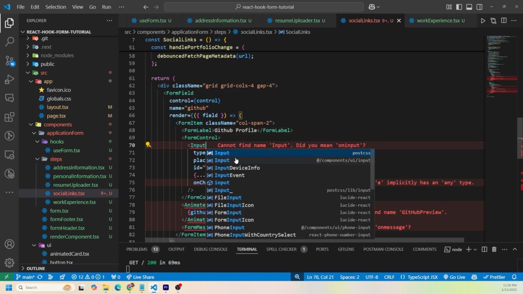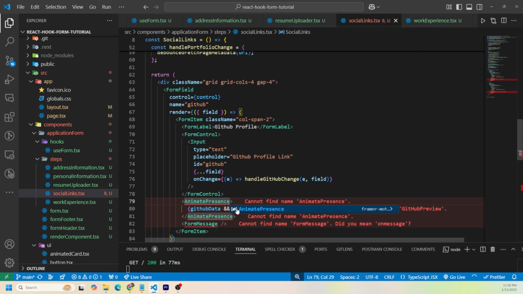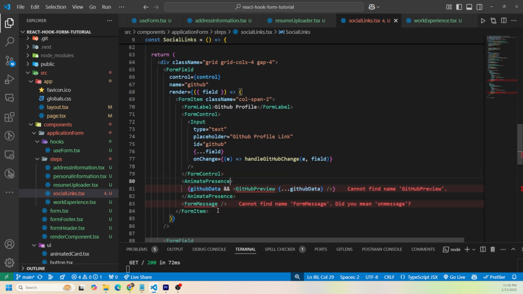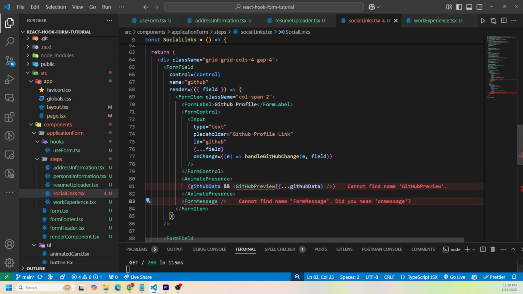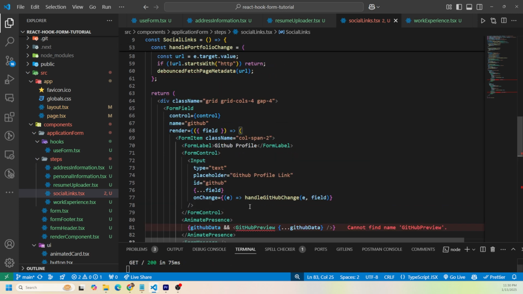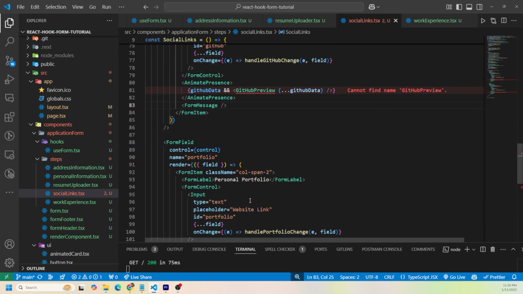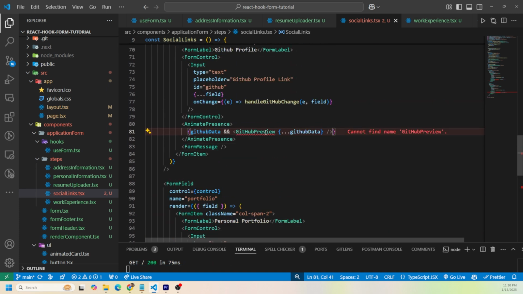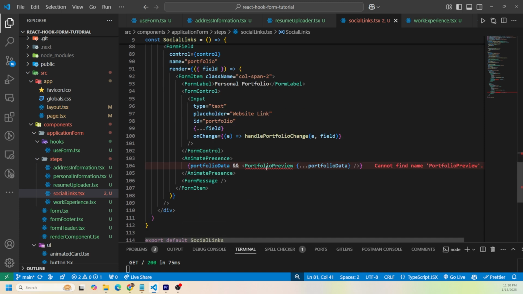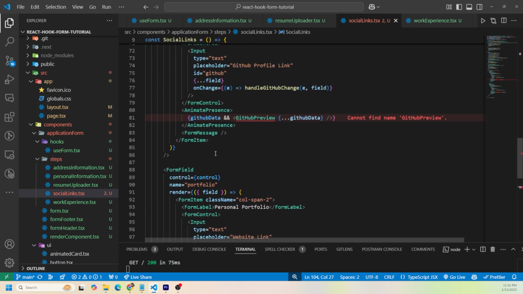Let's also import the input. AnimatePresence is coming from Framer Motion. And now you're going to see that we have two things we're not going to be able to fill in. We have a GitHub preview, and we also have a portfolio preview. What this is saying is if there is portfolio data, that means somebody actually submitted a URL, or if there's GitHub data, which means somebody submitted a URL and input,